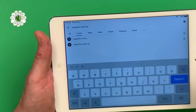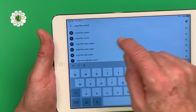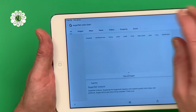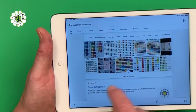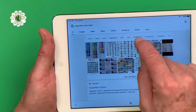And about mixing up eucalyptus color, as I said, I'm just going to get the colors. But they have the Sugar Flare color chart. Just bringing this up, they have a eucalyptus color here. I'm just trying to find the color. But anyway, they have a eucalyptus color, and as I said, it gives you a really